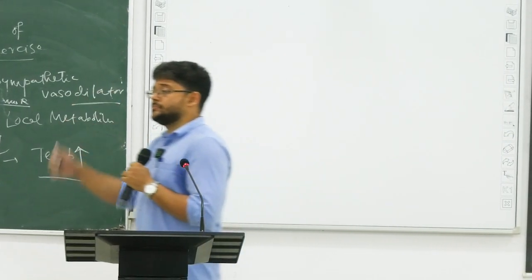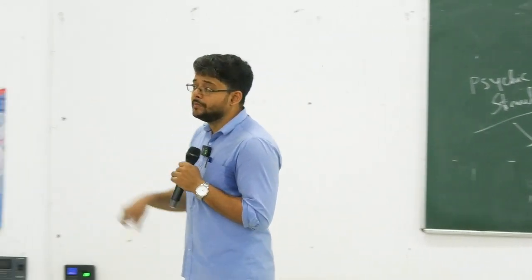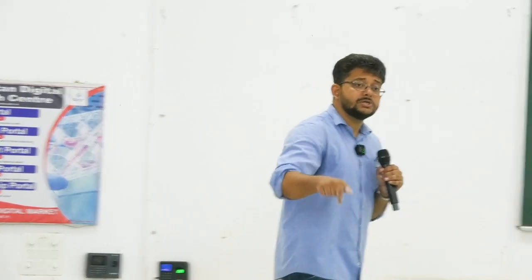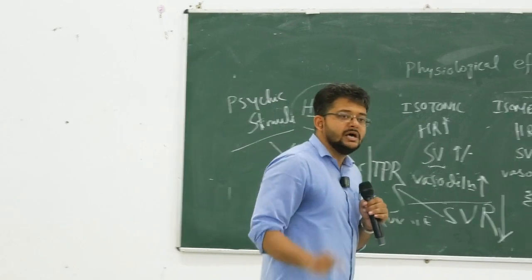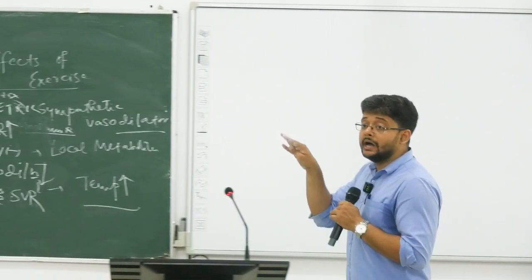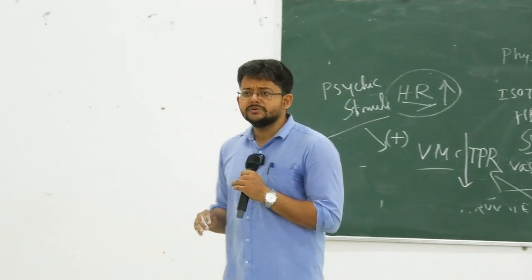Now look at BP, blood pressure, kibhabe change hocche. We have a systolic blood pressure, we have a diastolic blood pressure. Systolic blood pressure depends on stroke volume. So more stroke volume, more systolic blood pressure. Diastolic blood pressure depends on total peripheral resistance. So more dilated blood vessels, less diastolic pressure. That's the normal condition. Now in isometric exercise, stroke volume increases to some extent, but